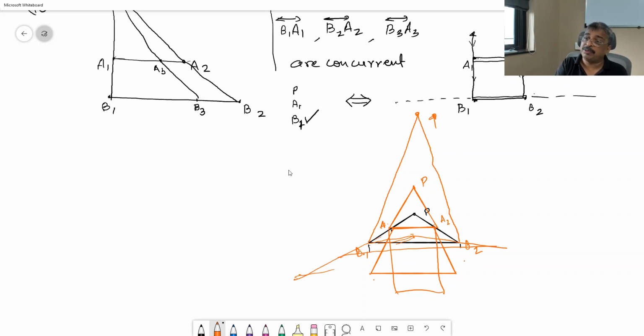And that equality with B1, B2 does not matter where you draw B1, B2. Every time, if those are two parallel rays, you can have B1, B2, C1, C2, D1, D2, anywhere, everywhere your distance is going to be exactly the same.